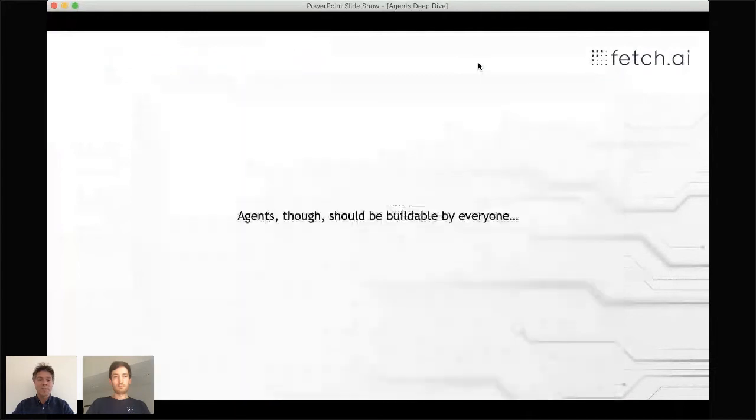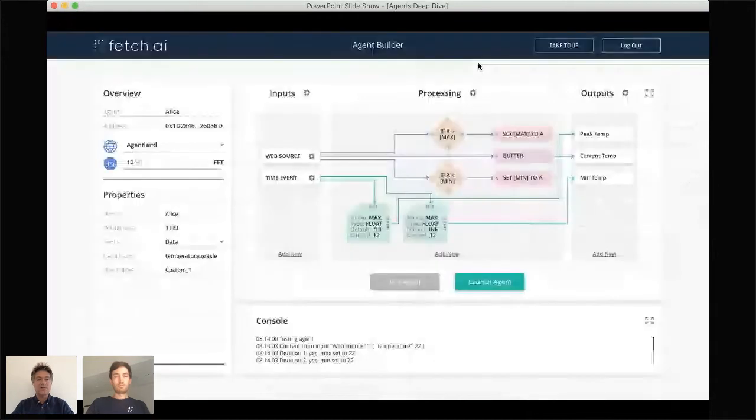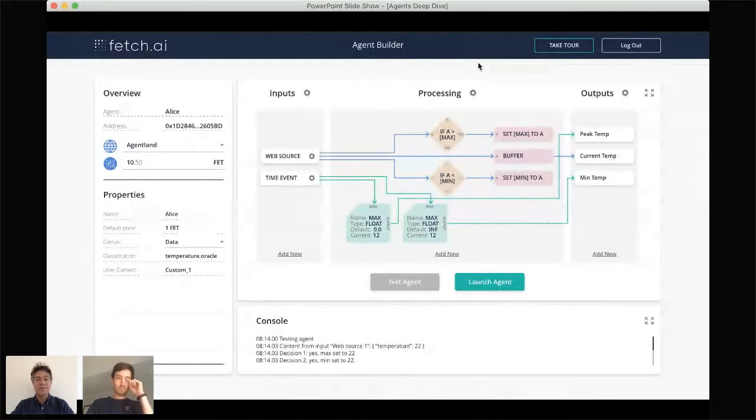doing its stuff. And of course, agents should be buildable by everyone. There should be no barrier to entry. And so I'm just going to, as my last screen, show you a little something that we're looking at for 2021, which is the Visual Agent Builder. This is really interesting because those of you who have seen programming in languages like Scratch will know that actually it's quite easy for non-programmers to drag and drop a whole load of things together and make surprisingly advanced things. And what's interesting about this is you can wrap up what you do in the agent builder and turn it into an agent that somebody else can just use.